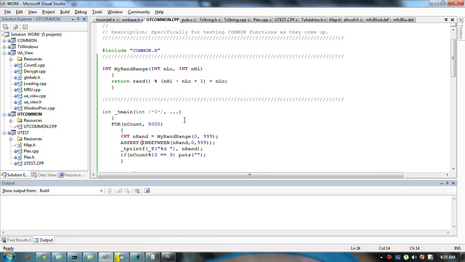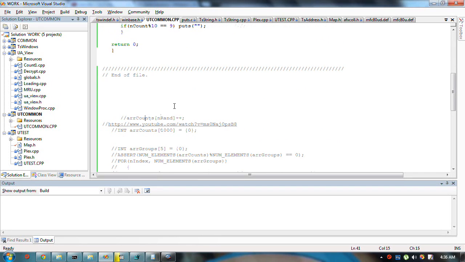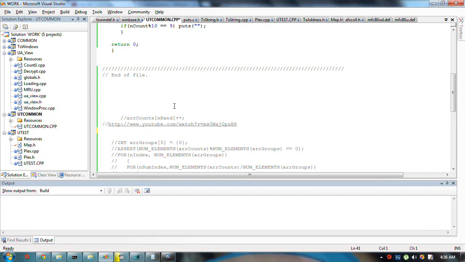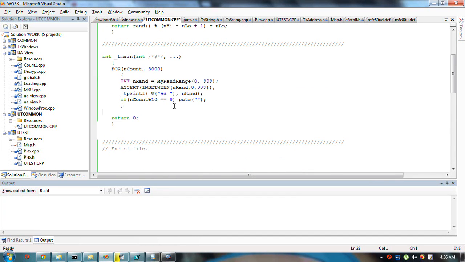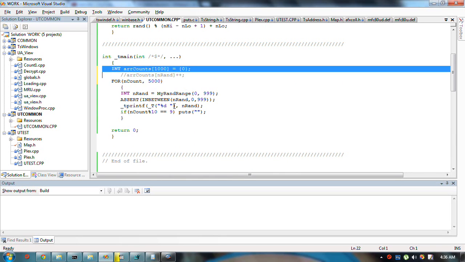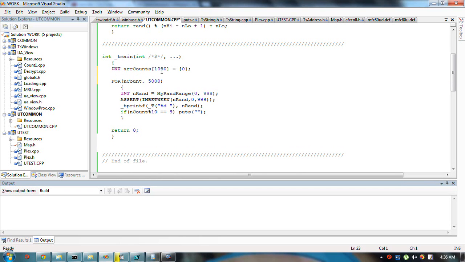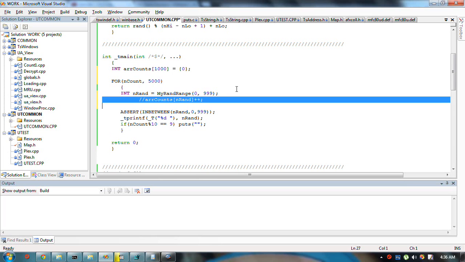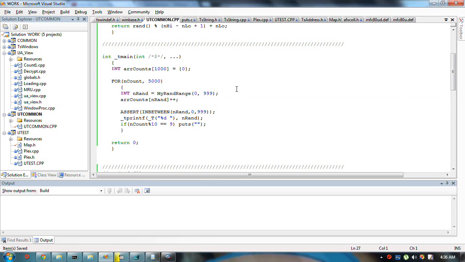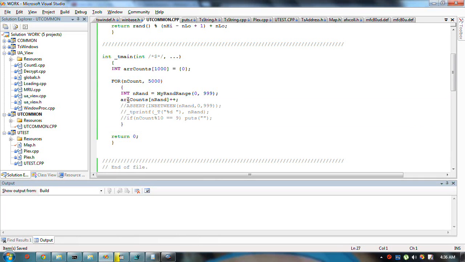What we can do is do what I have here. We declare an array, 1,000 big, zero it out. That declaration will zero this out, even though sometimes it won't zero everything out, but for an array it will. And we'll add this line here. And we don't really need to do this part. What we're interested in now is